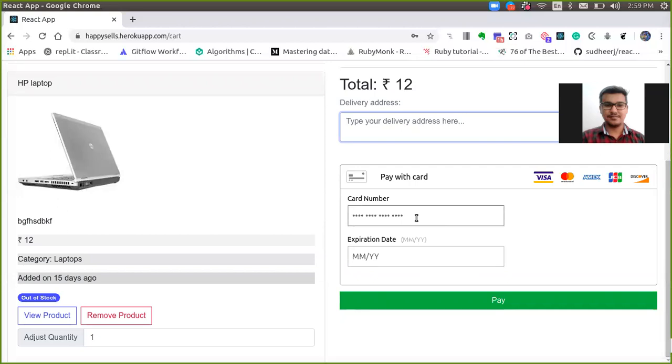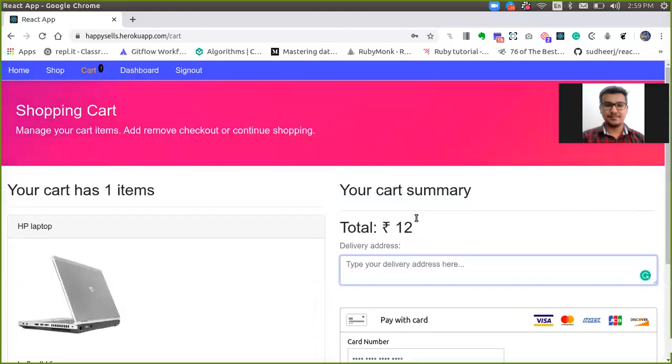It's a dummy, not functionally working right now, but we will integrate it later on. In future we will add a new payment system inside it. Okay, this is the thing here. And after that, I just want to show that this is the dashboard of the user.